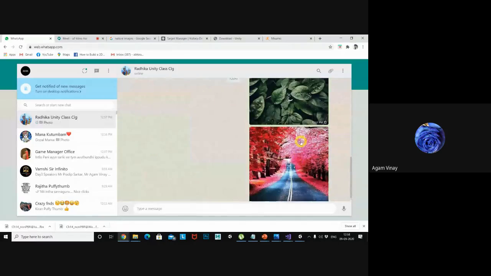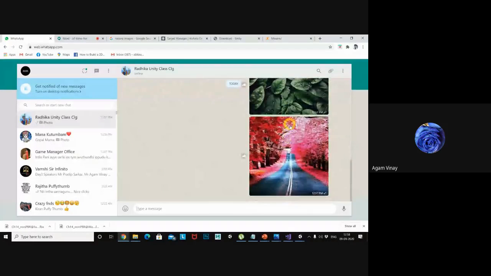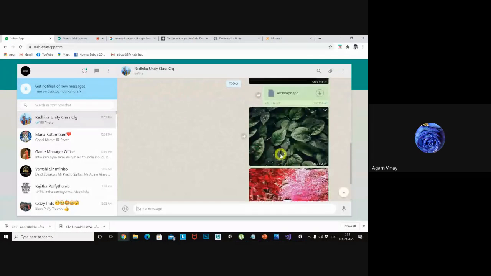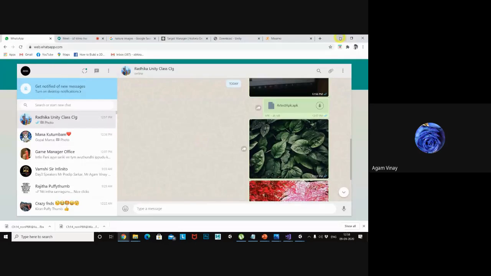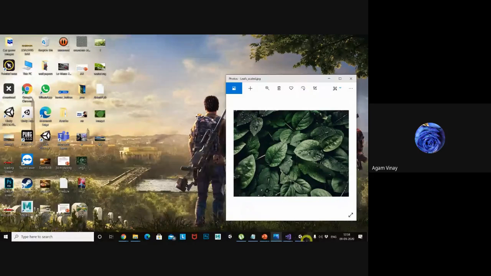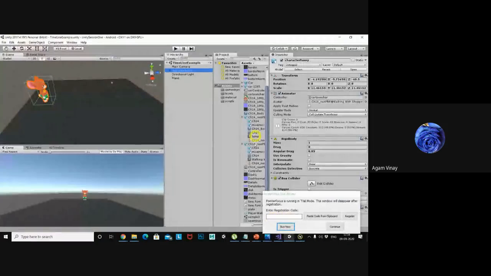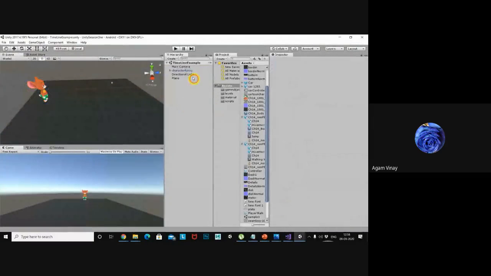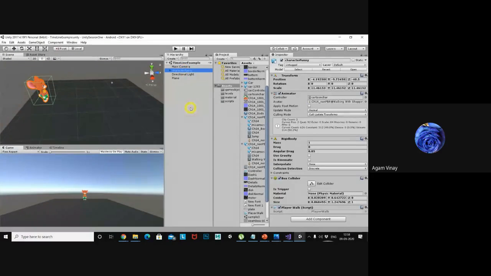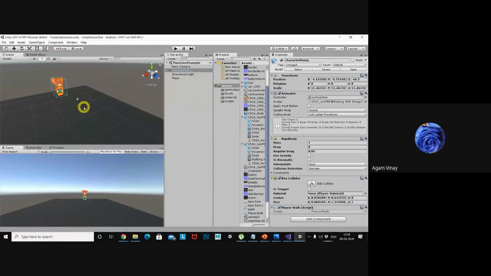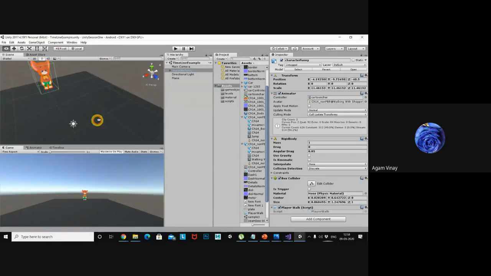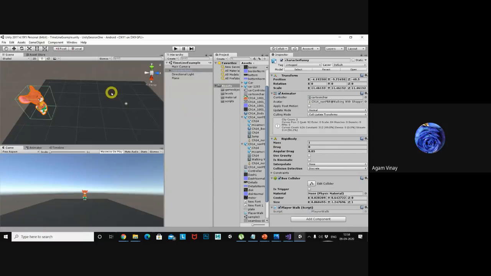So you can download this APK and check it with this tracker. If you want to print it, you can print it and check, or you can directly project it on some other phone. You can also get the same output, okay? Now the character animation and timeline animation, augmented reality thing, everything you understood, right?